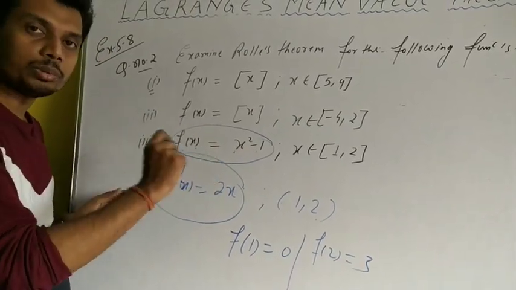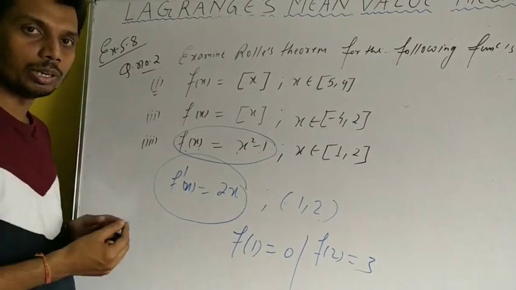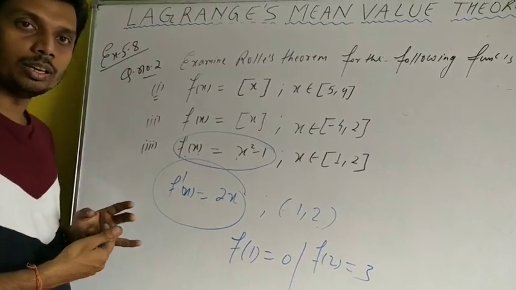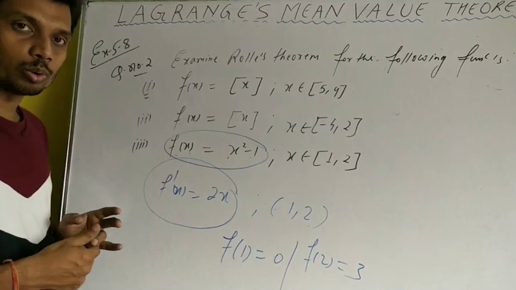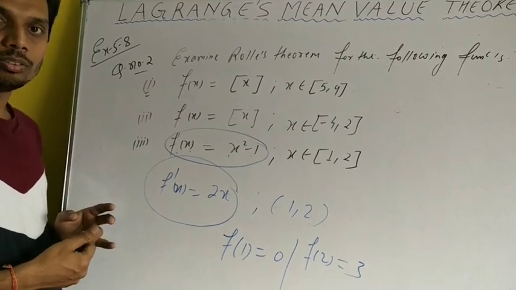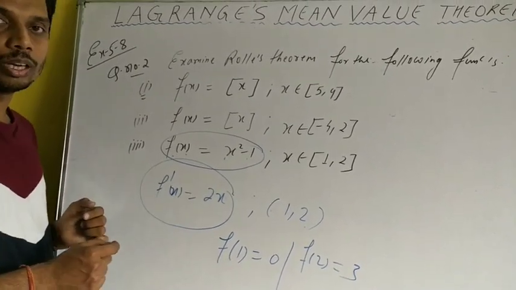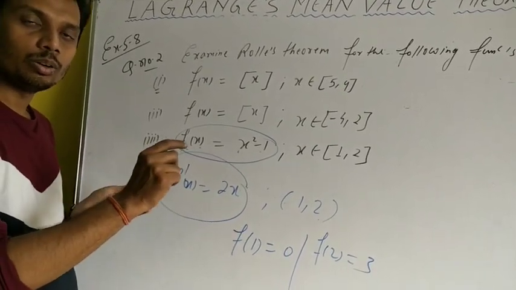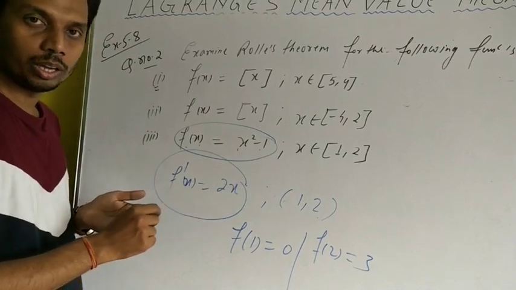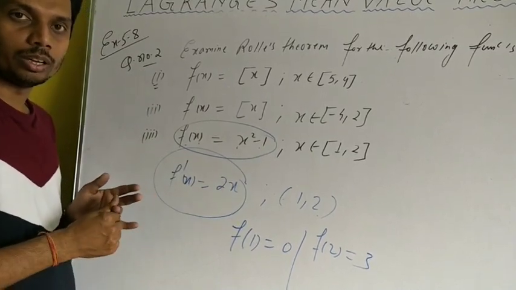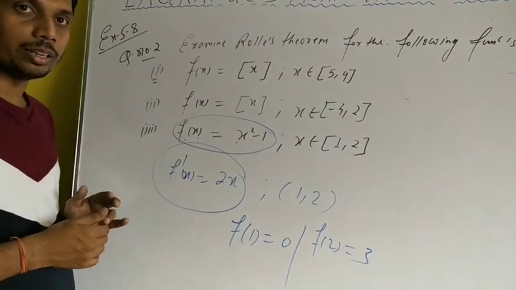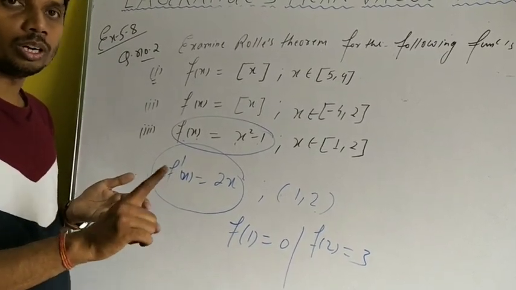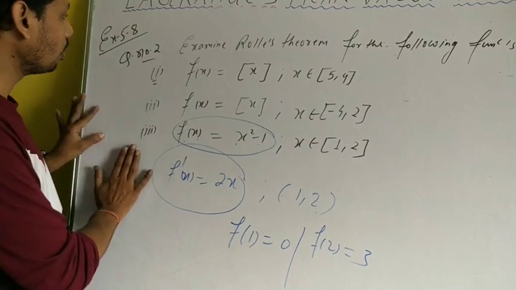In an objective question, if it comes for 1 mark, these days it is very important, as 20 questions in CBSE are 1 mark questions. So each and every part is important. Suppose in fill in the blanks it comes up whether the converse of Rolle's theorem holds or does not hold. Be very clear on this: the converse of Rolle's theorem does not hold. So this is all about question number 2.